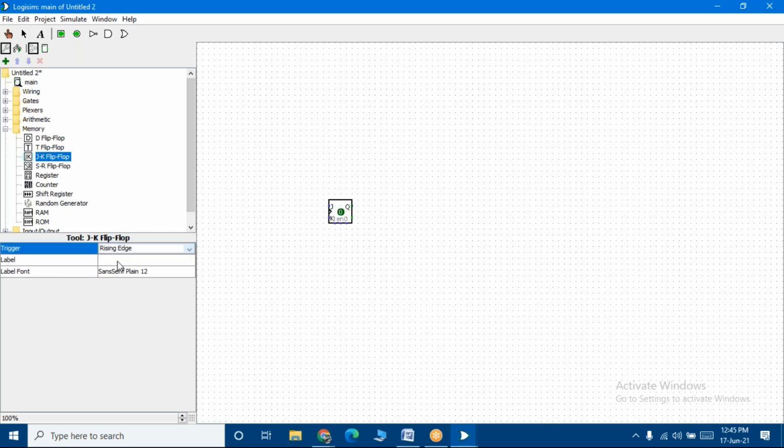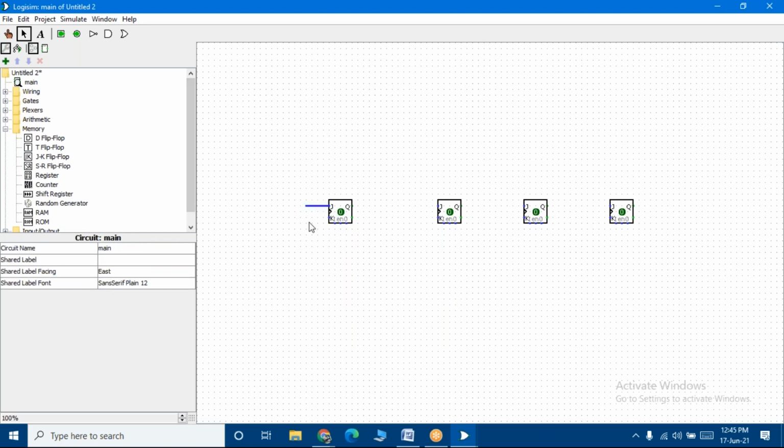Let me ensure that I select rising edge each time, because that way we are ensured of the output. Now students, what I should do is short my J and K. If you are having Logisim, you can try along with me.